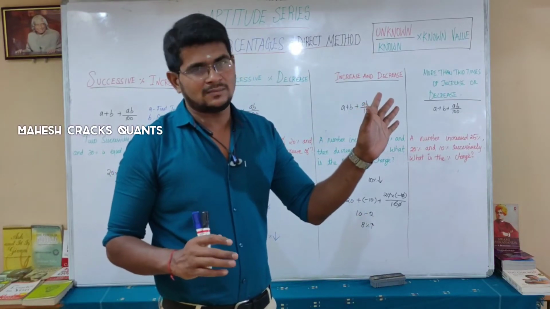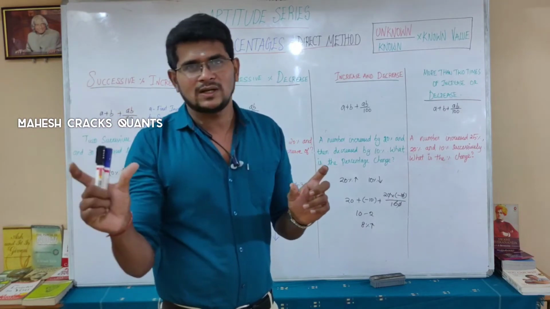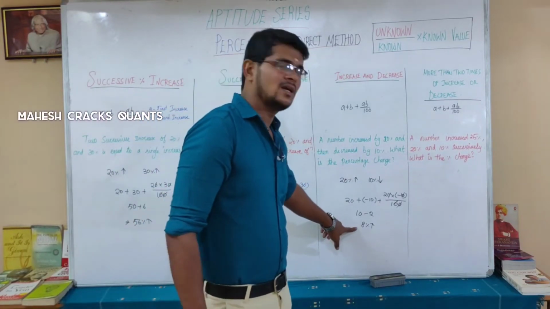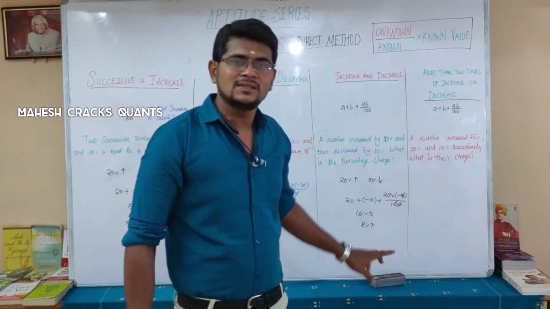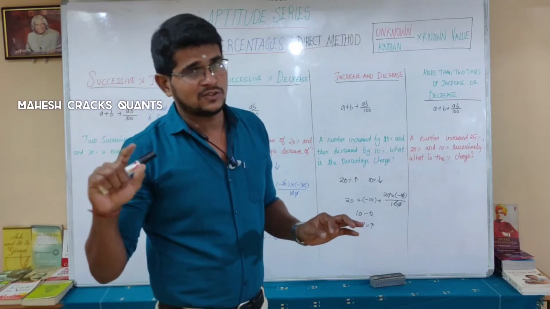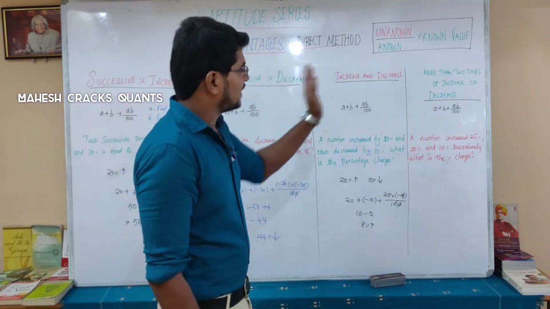The beginning number is 100%. After doing it successively, what will it become? It will become 108. From 100 to 108 because 8% is an increase. For example, if there is an 8% decrease, what will happen? It's 8% decrease, so 92% of the original is what you will get. Okay, we'll move to the next one.